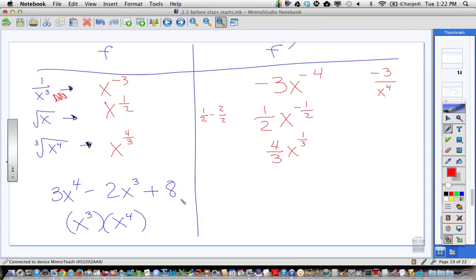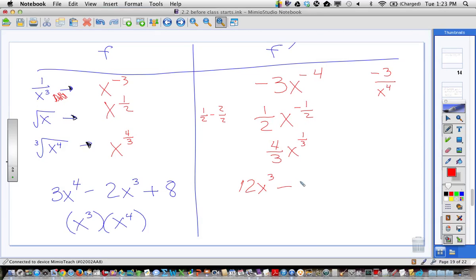All right, what about the next one? We have a sum of individual terms: 3x to the 4th minus 2x to the 3rd plus 8. Well, what's your best guess at what the derivative would be? What do you think? Would that be reasonable? That would sure be nice if it works that way, and it turns out it does. If you have a sum or difference of individual terms, you can do the derivative of each individual term. So the derivative of this function is 12x to the 3rd